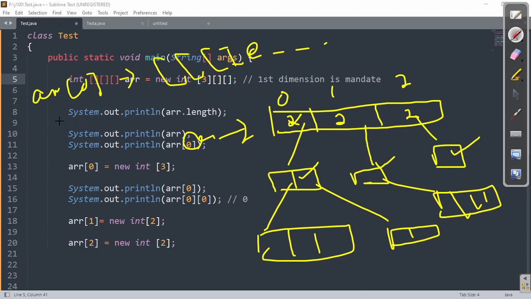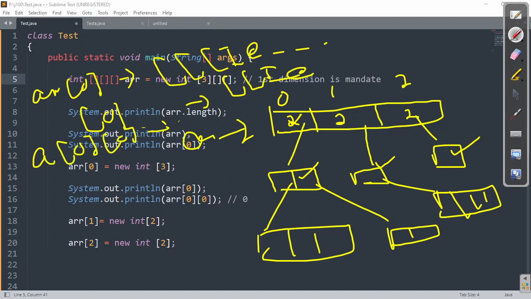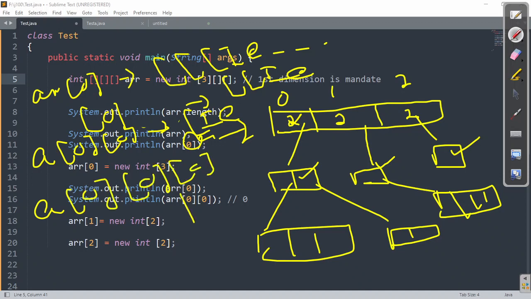Clear? Now, if I try to print ARR of 0 and 0, yes, you got it right. It will be a double dimension array followed by hash code. Clear? Now, sorry, this is A of 0 only, I'm sorry. If I try to print A of 0 and 0, yes, this will be a single dimension array, right? And if I print A of 0 of 0 of 0, the value will be how much? 0, because these are the areas where values will be stored,